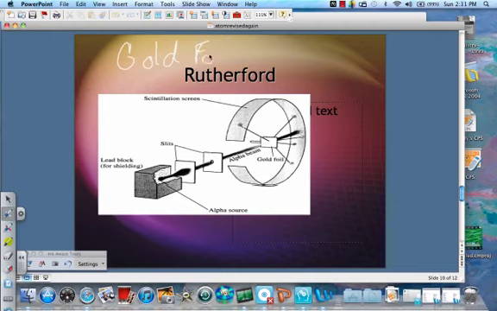Okay, and basically, he took a radioactive substance, plutonium, which is actually some pretty dangerous stuff. That's the stuff we use in atom bombs and hydrogen bombs. And this plutonium emits positively charged particles, which are called alpha particles. Okay, and because it's radioactive, it just constantly emits these particles. So he took the plutonium,